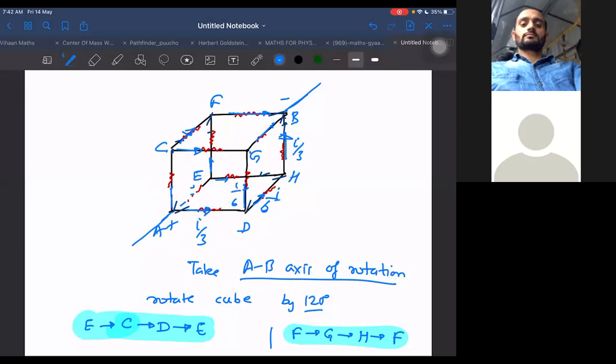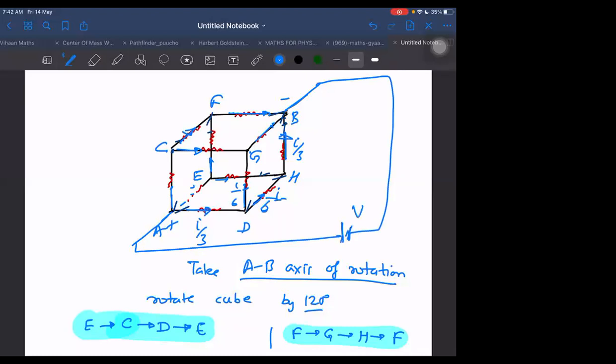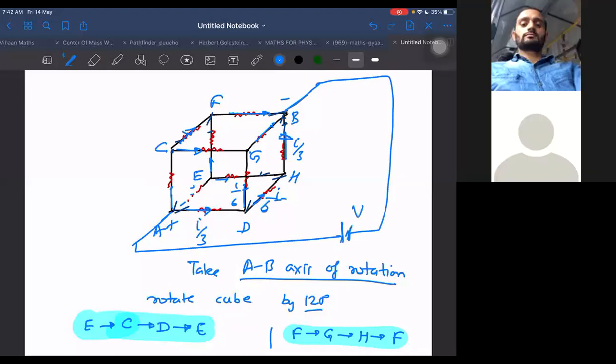Now, all I need to do is start from here. It is I by 3. It is I by 6. It is I by 3 again. This is enough for me because I can form a closed loop and I can apply KVL in the closed loop. I have to just take a battery here, V volt, and then apply the KVL here. What will be the current I can get? Can I get the current here?